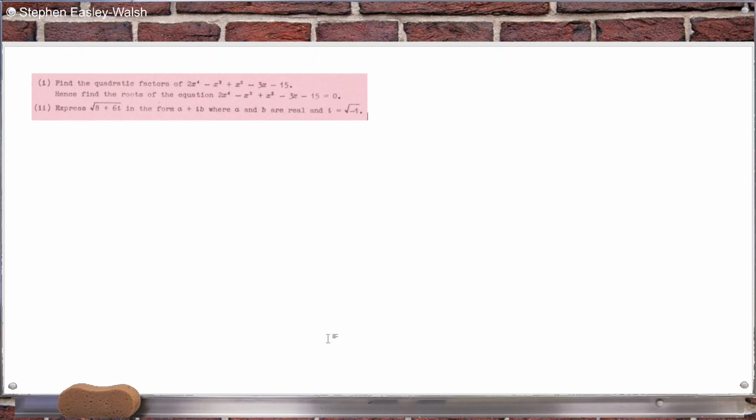So looking at the answer, it made me realize that the only way this could be done is if you make an assumption. And I'm quite surprised that you have to make this assumption, because there's nothing in the question that would lead you to think that this assumption is the one you need to make. That is, you need to assume that when they say it can be written as a product of two quadratics, one of the quadratics is like this,